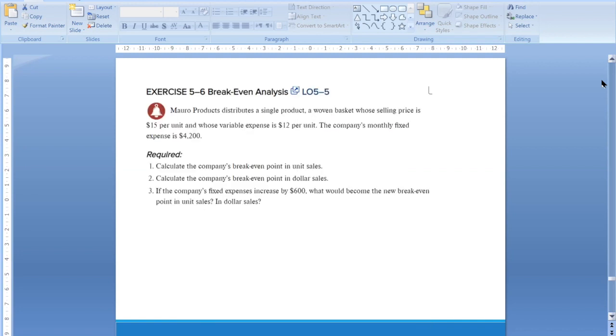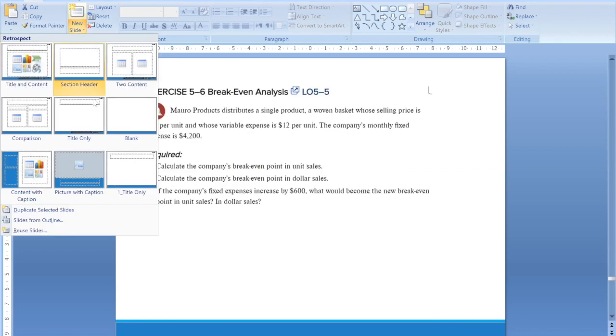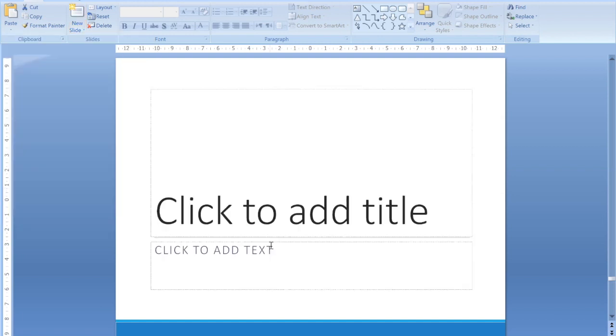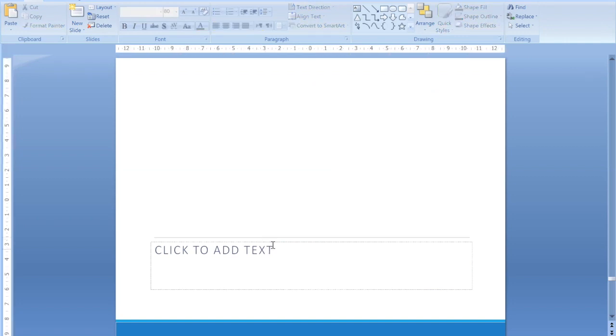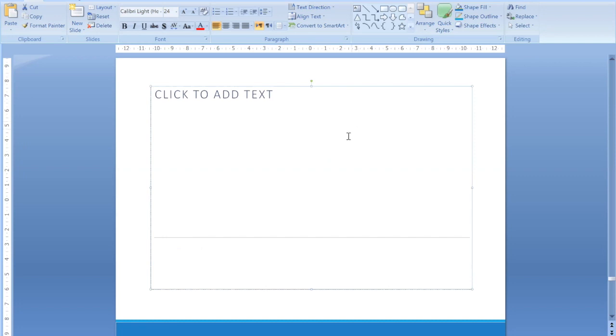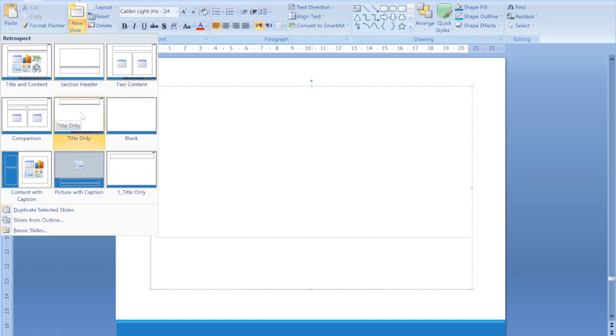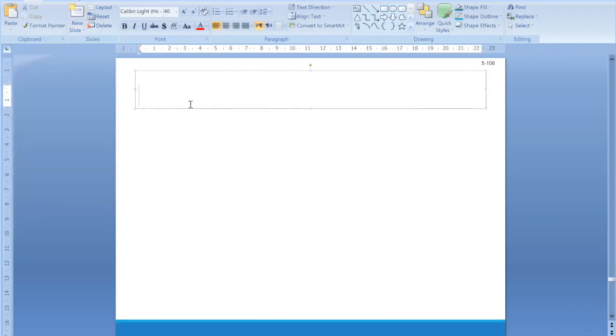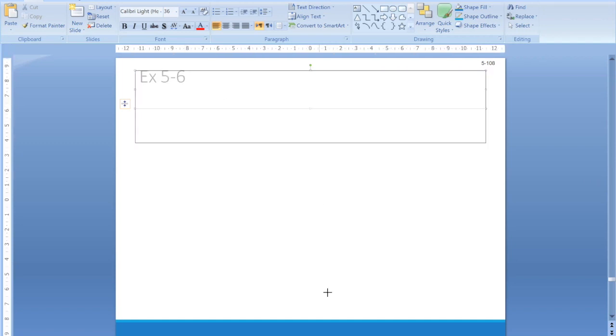Let's open a slide. No need for tables, then we need a normal slide. Exercise 5.6. And we need to prepare